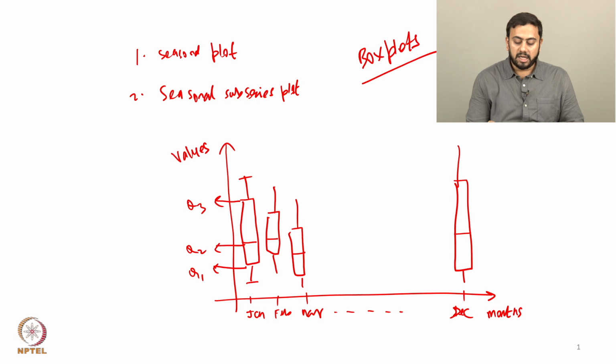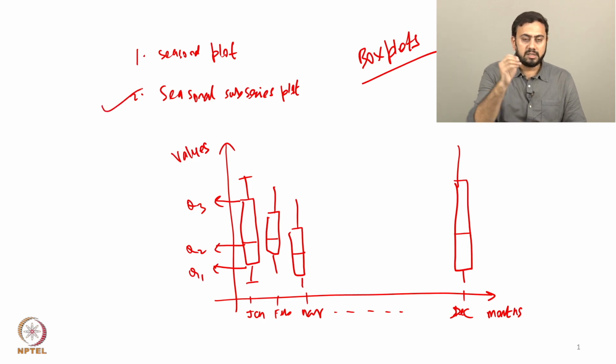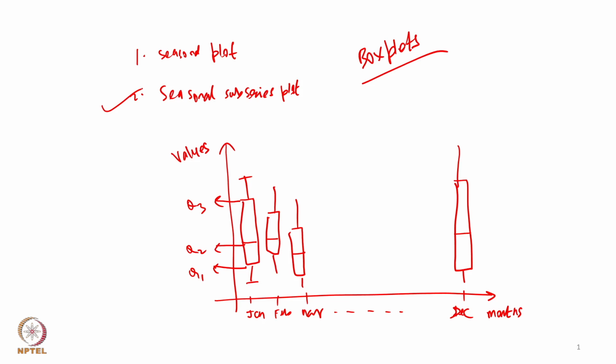And on top of that, one can again get an idea about the extent of all the values for a particular month over all the years, right. So I will say that this kind of graph, or this kind of side by side box plot for each month over different years, is similar to a seasonal sub-series plot. The only difference is that in a seasonal sub-series plot, you draw a typical line along with the average. But here we are incorporating much more information by drawing individual box plots.